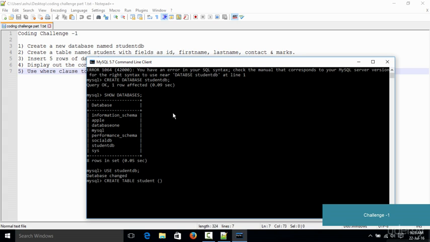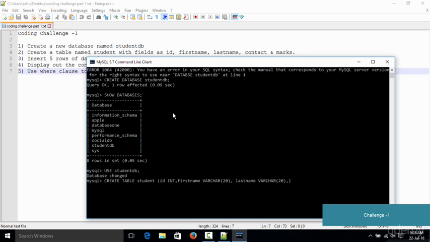The first field is going to be ID, so I type in ID, then this is going to be of the type int, then give a comma, then the first name is going to be varchar, so I type in first name, and this is going to be varchar. Let's give it a size of, let's say 20, give a comma, do the same thing for the last name. So let's type in last name, varchar, this is also going to be, let's say 20, and